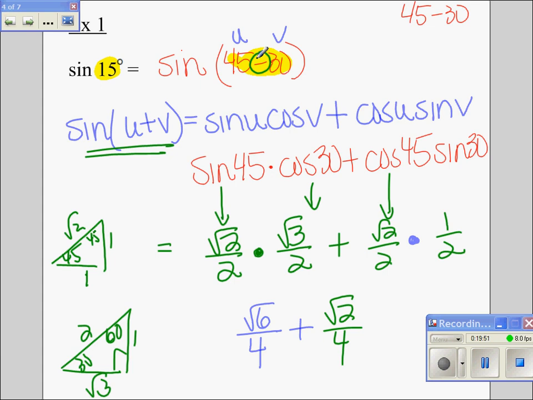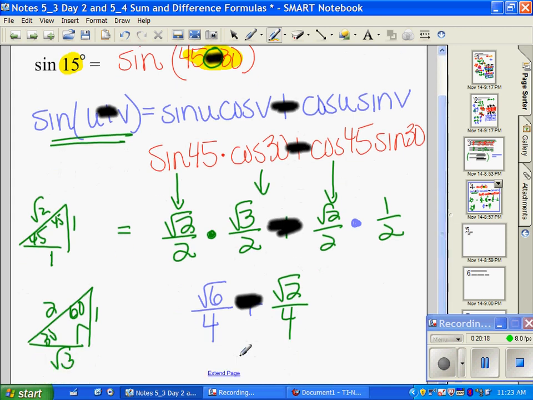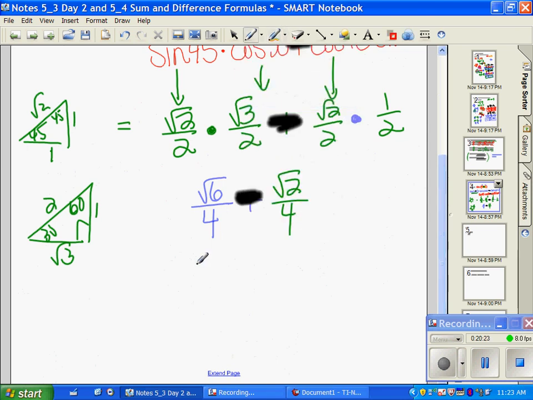But this is really good because now you know that if it's a minus, we need to make sure it matches. So unfortunately, I need to fix a couple things. So this was supposed to be minus. This is minus. This is minus. And this is minus. And this is minus. Again, I apologize for that. And unfortunately, I'm not there, so you're watching the video, and I made that mistake. Again, it was minus. So when we look at this, the final answer is root 6 over 4 minus root